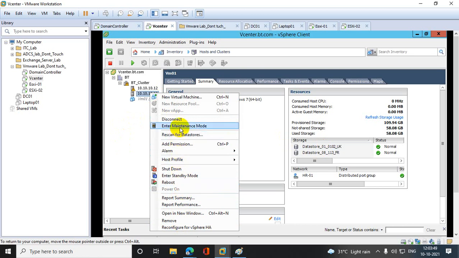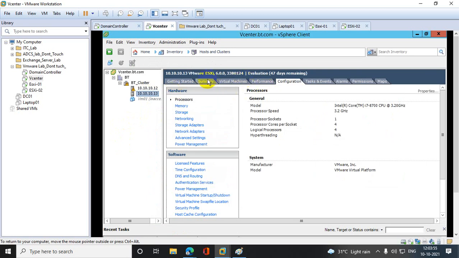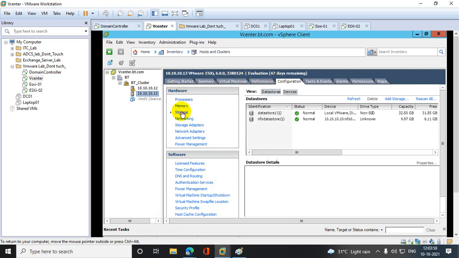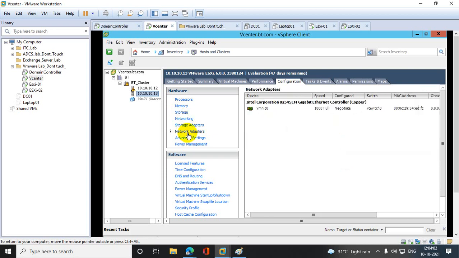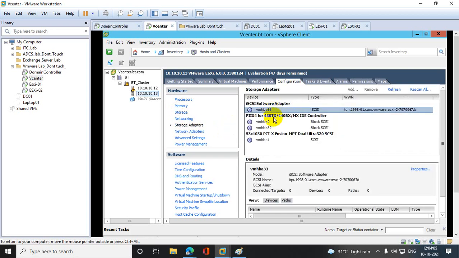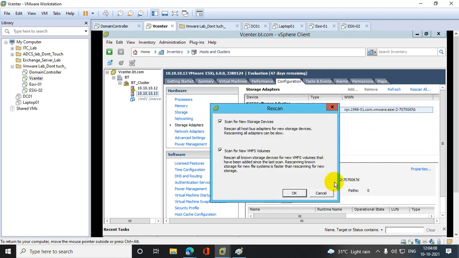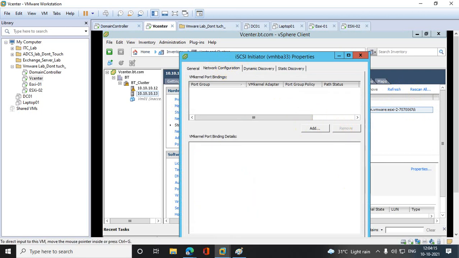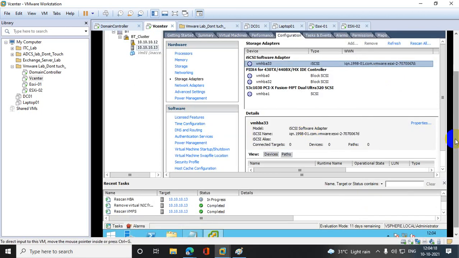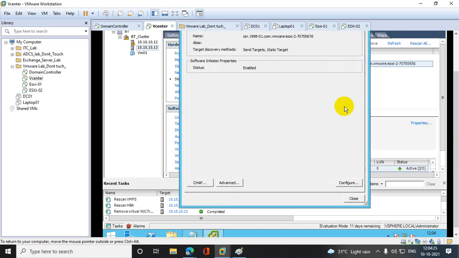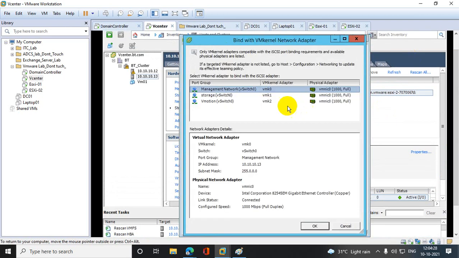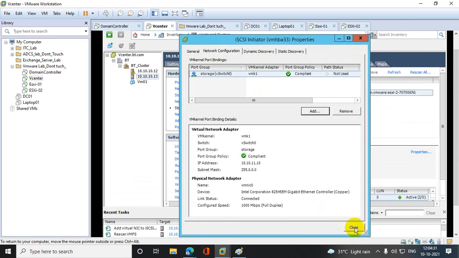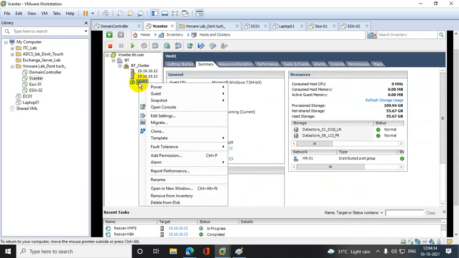We have to go to configuration, storage adapter. Now the VM is accessible.